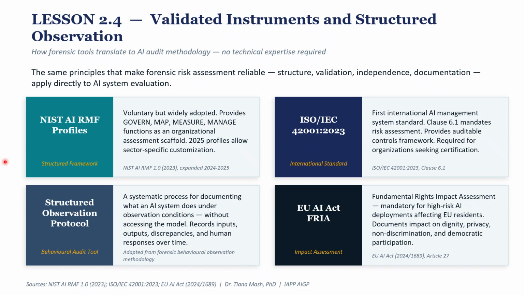Without outcome tracking, the organization could not determine whether overrides represent unnecessary workflow deviation or legitimate correction of model failure. And I can go on for hours about this, and this is why it is so imperative that we are talking about structured observation and how it's used. Tool number 4. This is the European Union AI Act Fundamental Rights Impact Assessment, and I use this a lot.